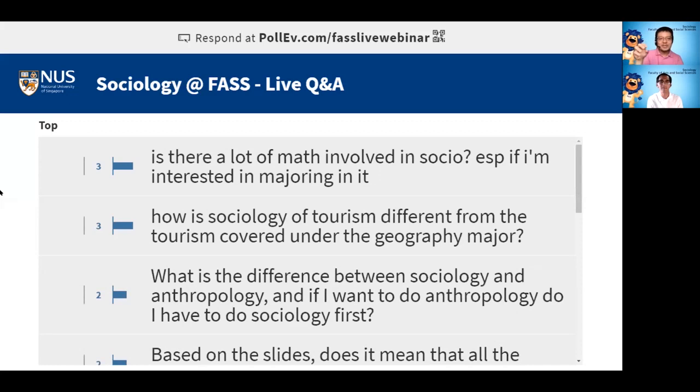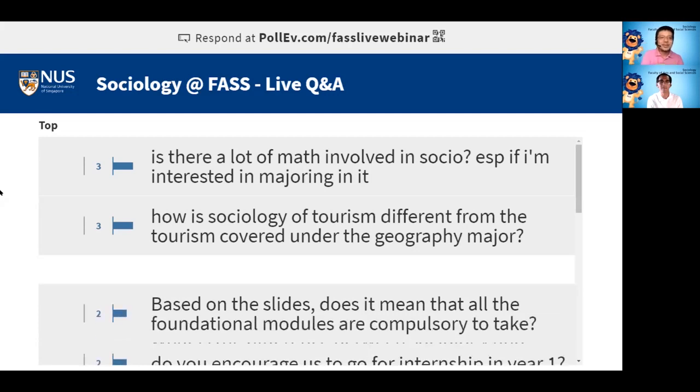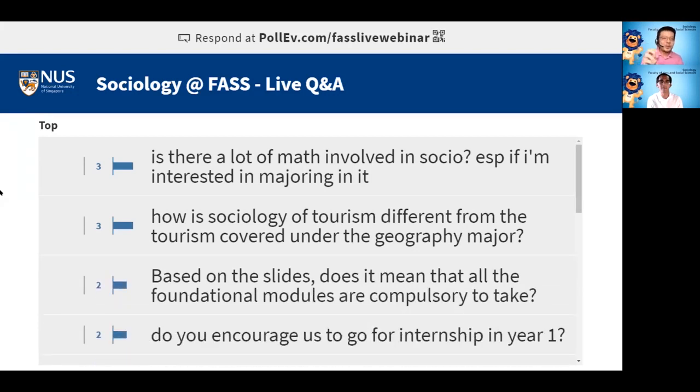So when I get my students in urban sociology to go study anything, let's say a neighborhood, for example, the geography students will go and map out the space, and then they will locate the people in that space. And then my sociology students will go look for the people first, and then they'll map out how they went about going about their space. So it's a very different kind of approach, which actually converges in the end.